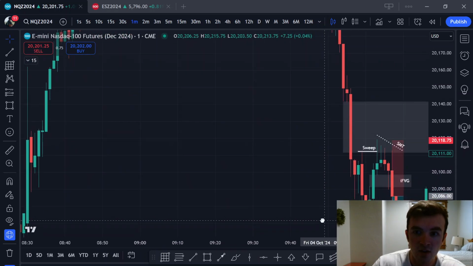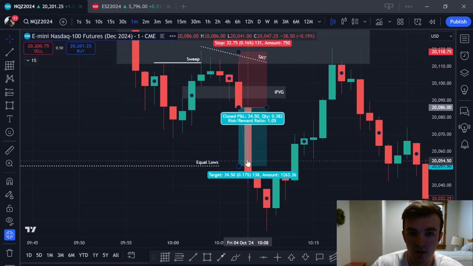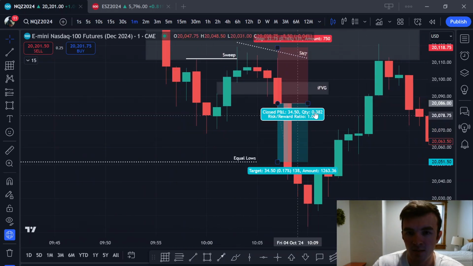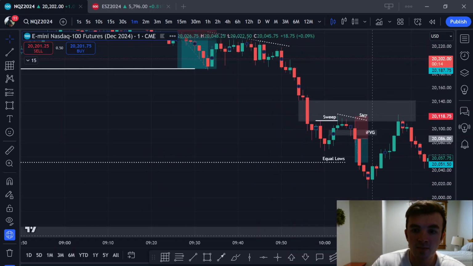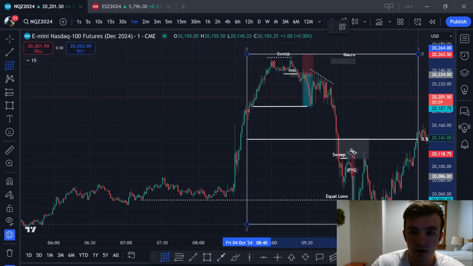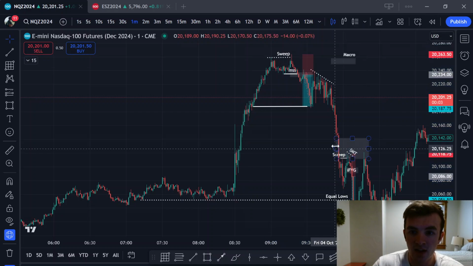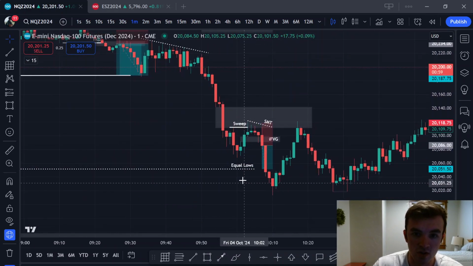And then over here, we had the trade that I actually did take live. This was a 1-to-1 risk reward trade down to these equal lows. Now, this wasn't an A plus setup. It was maybe like an A minus or an A setup because we were so far in discount already, but I still liked this trade because we had an SMT, we had a sweep, we were delivering from a fair value gap here, and we had equal lows, which are such a strong draw on liquidity.